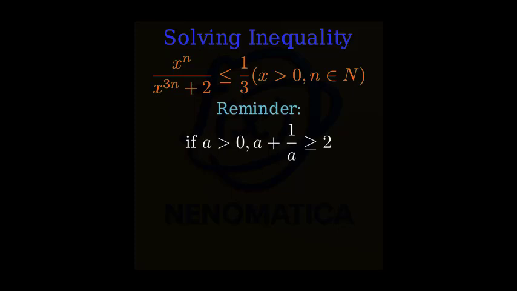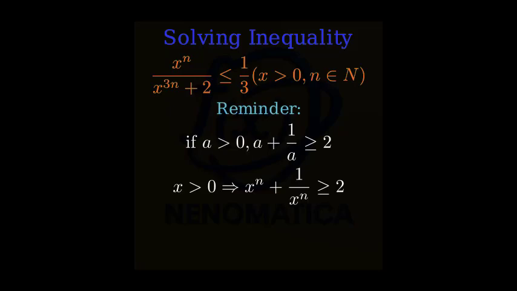We're going to use a helpful property which states that if a is greater than 0, then a plus 1 over a is greater than or equal to 2. Now, let's apply this property. Since x is greater than 0, we can use our property with x to the power of n. We have x to the power of n plus 1 over x to the power of n is greater than